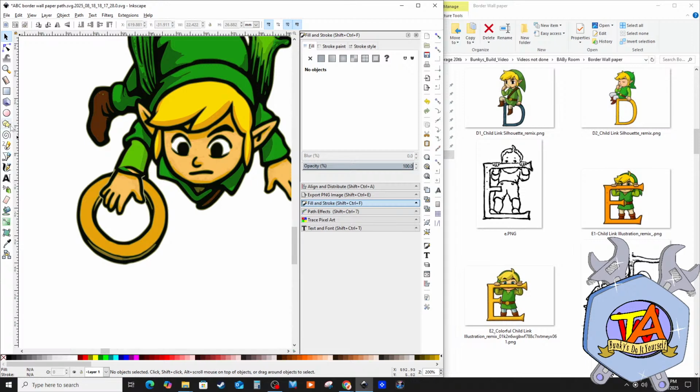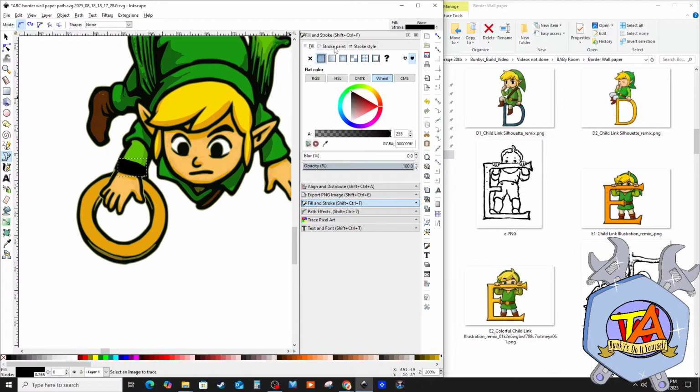And there's a couple ways I can do this. I can just do fill, stroke, none, and I need to go ahead and select